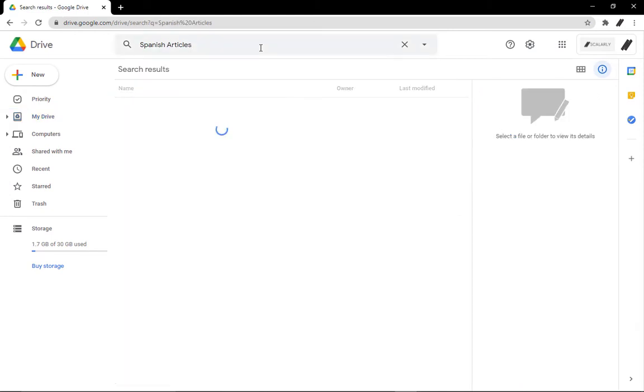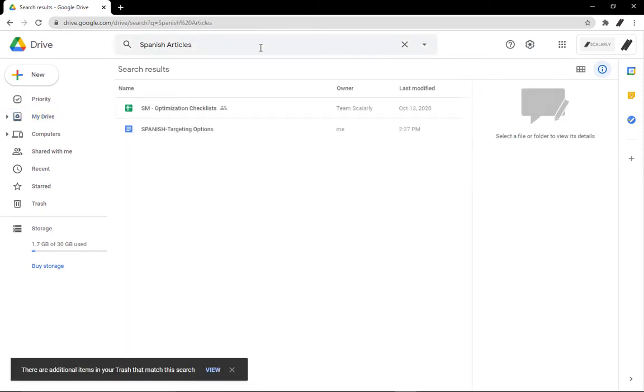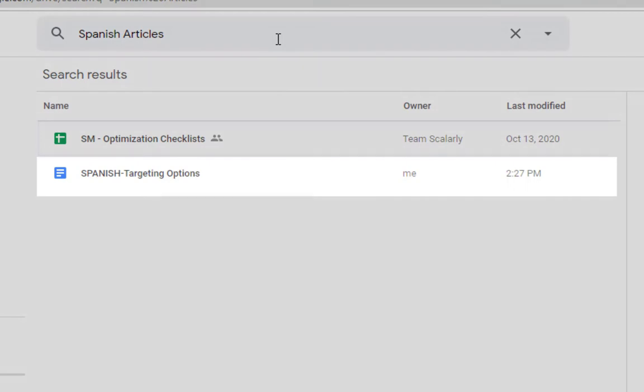When you search for this file in Drive, Google will use any descriptions you have added to narrow down the